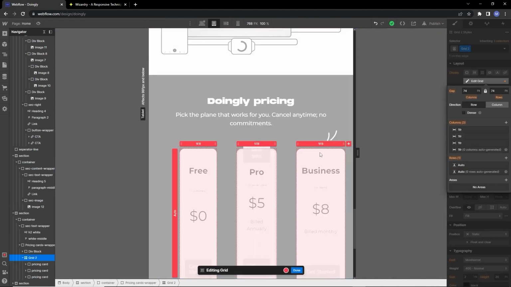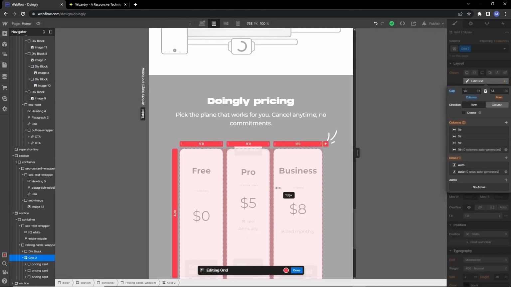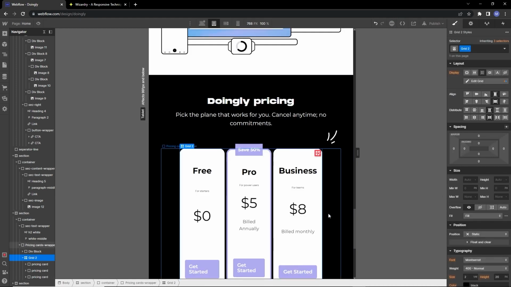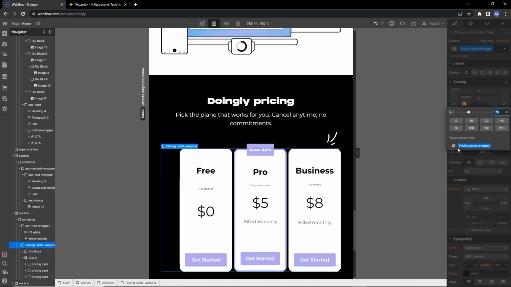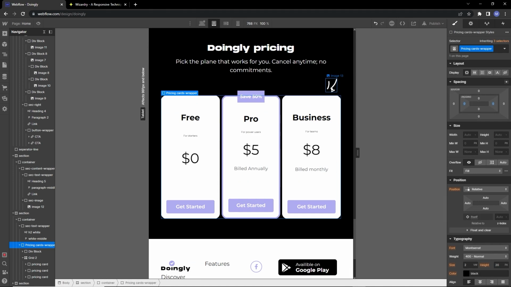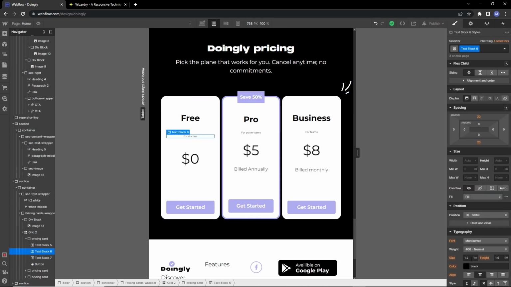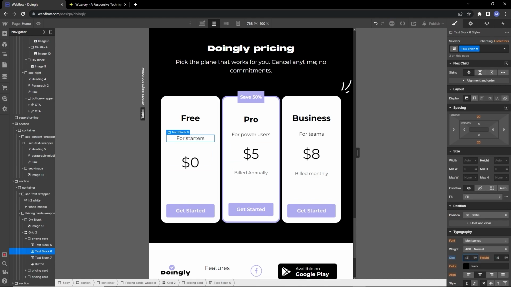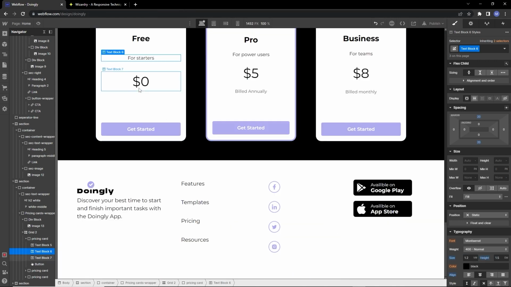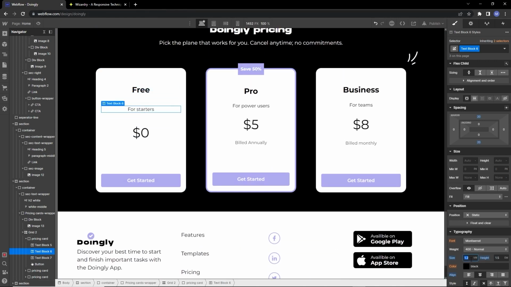We will again edit the grid here. First, we will decrease the spacing between these cards. And we'll remove that padding on the sides. And we will adjust the position of this also. For starter, text is looking too small and hard to see, so I need to increase the size of this to 1.2 em. Actually, this was in viewport width, so we will turn this into em from the base